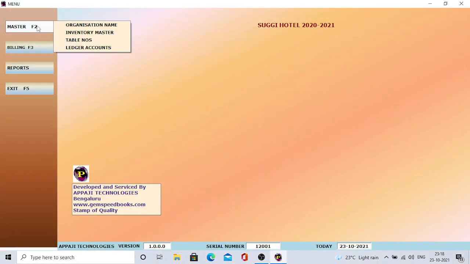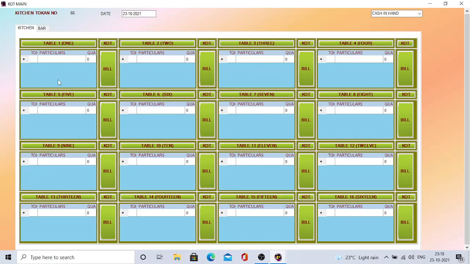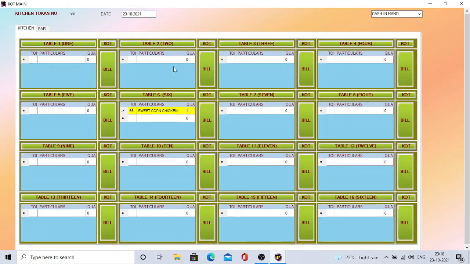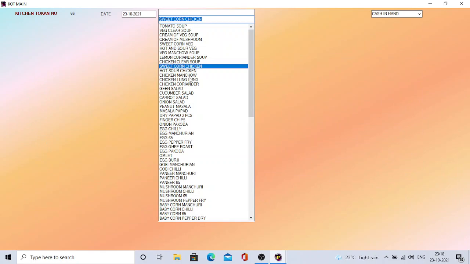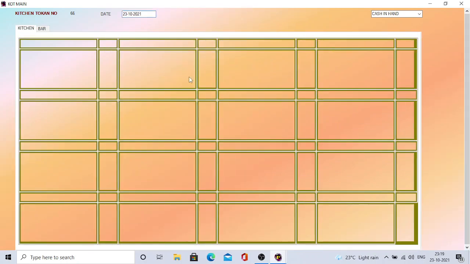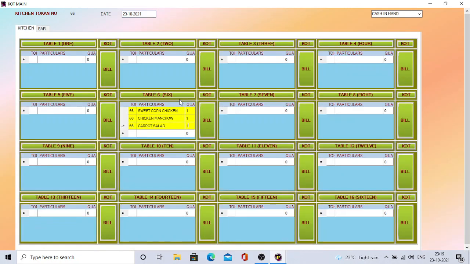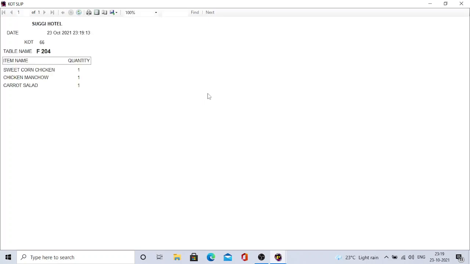And come to billing. Here, in billing, we have 16 table screens. Any table, if there is an order, let's say table number 6, select the item, quantity, and again whatever number of items and quantity there are, just take it into account. Say table number 6, 3 items, generate KOT, kitchen order token slip, to be sent to the kitchen for preparation of the